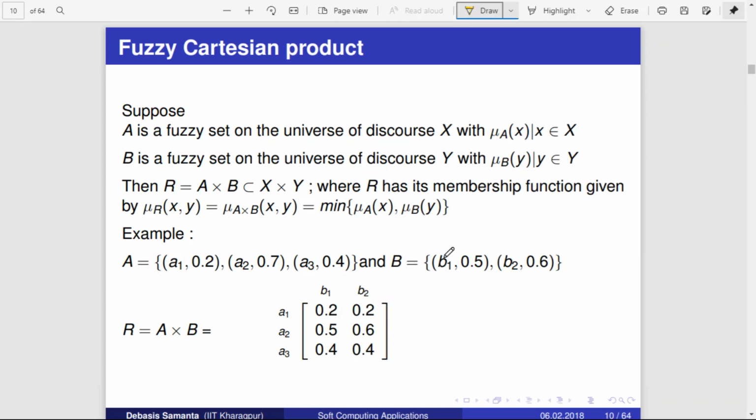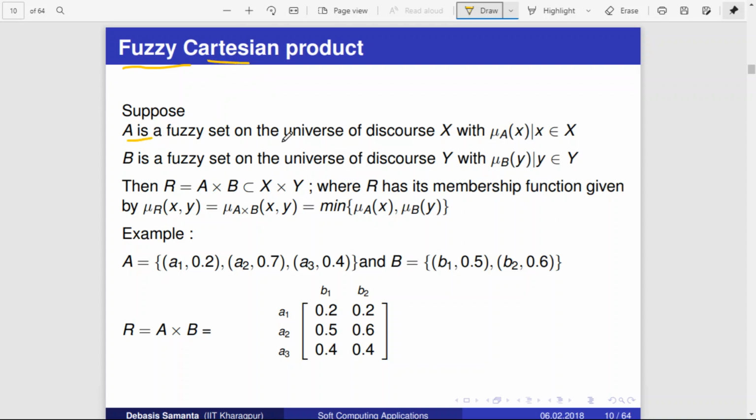Okay, right. Now let us define what a Cartesian product is for a fuzzy relation. Please understand, the Cartesian product for a fuzzy relation is not the same as that of a crisp relation. In the case of a crisp relation, when you want to find the Cartesian product, we included all combinations of a and b, that's it. But that is not the case in a fuzzy relation. The definition is different. So now we are going to discuss the Cartesian product of a fuzzy relation.